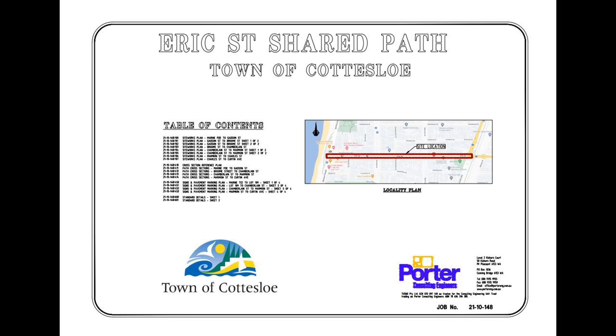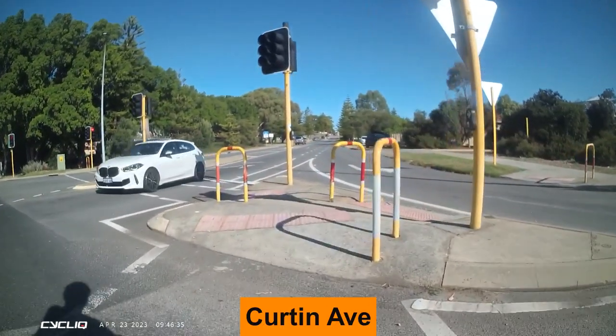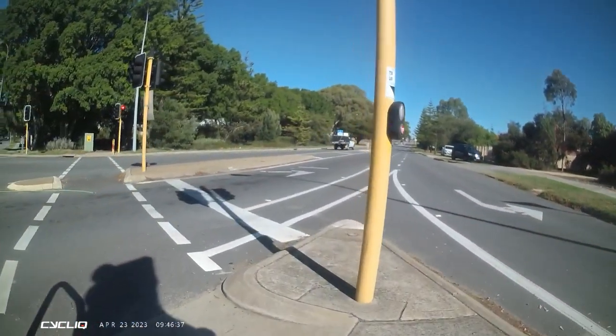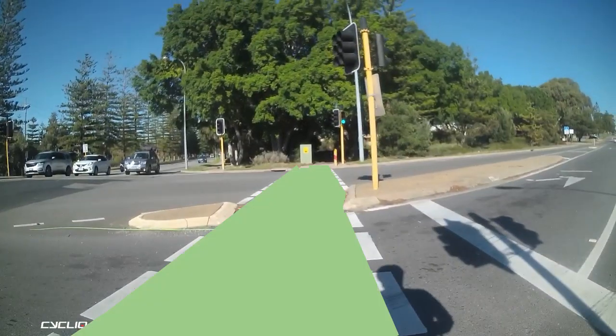G'day YouTube people. I thought it'd be useful to give the town of Cottesloe some feedback on how the Eric Street shared path is going so far. And this is after riding it half a dozen times since it opened. Now we start at Curtin Avenue, and my biggest gripe at this point is, well, although there's a push button,